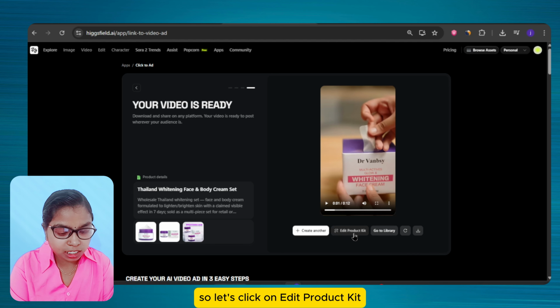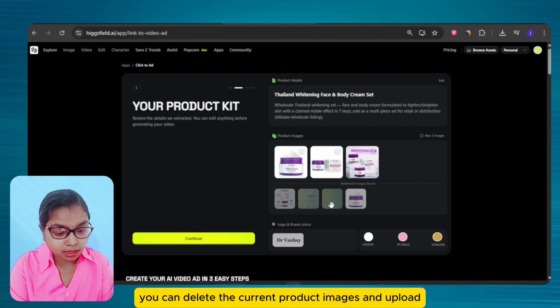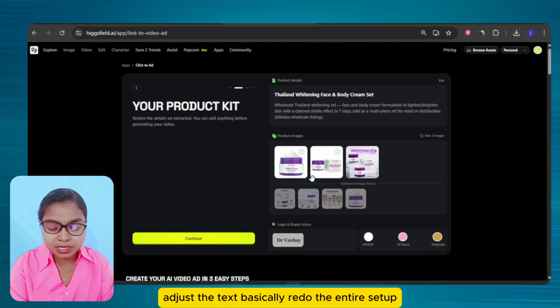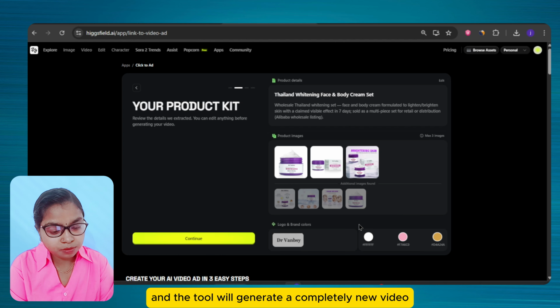So let's click on edit product kit. This page lets you change anything. You can delete the current product images and upload new ones, update colors, replace the logo, adjust the text. Basically, redo the entire setup. Once you have made your changes, you just hit continue again and the tool will generate a completely new video